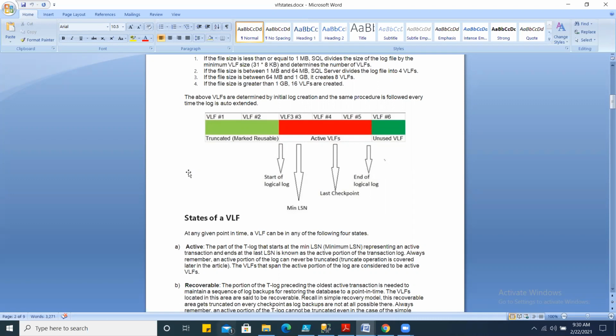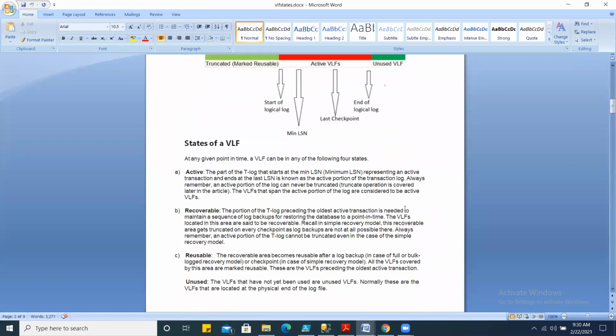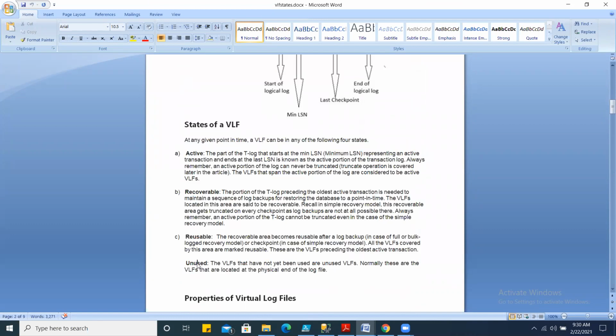First of all, any VLF is in a free state, right? Unused or free. That is the first state of any VLF. It means that no transaction is yet written in this VLF. When any transaction is written into the VLF and that transaction is executing, the state of the VLF is changed and it becomes active.